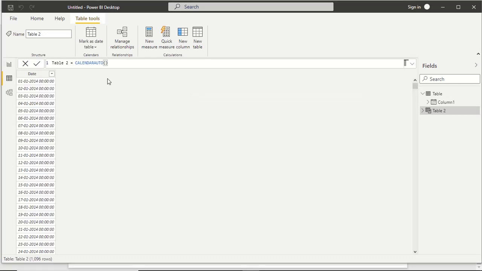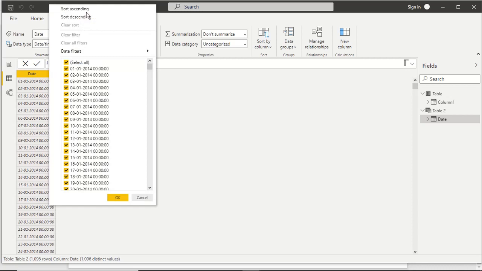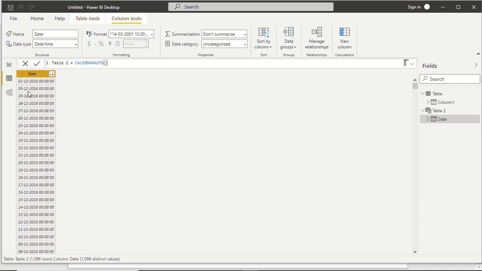We are using it without any parameter. It has taken the dates from the calendar table, from 1st January 14, and the last date is 31st December 16.